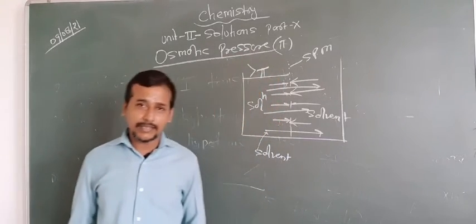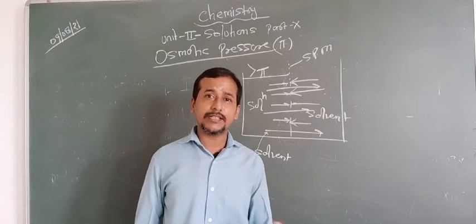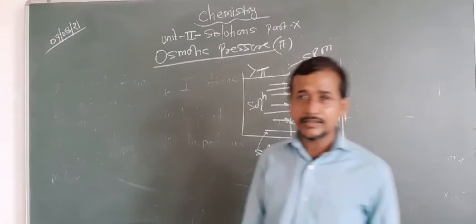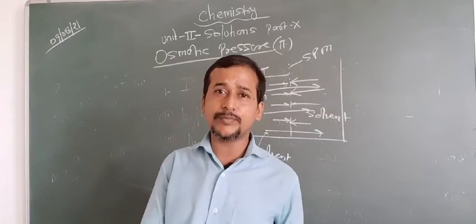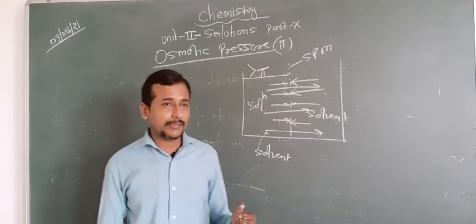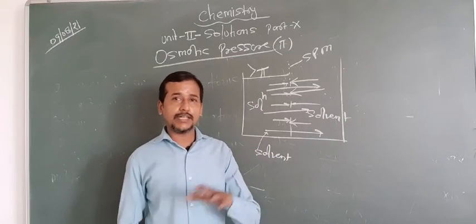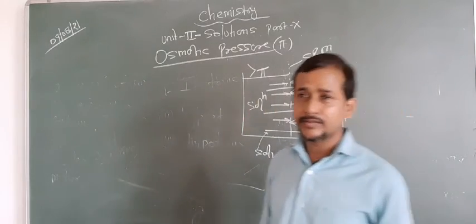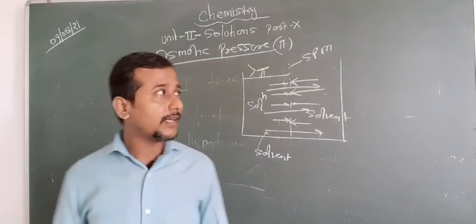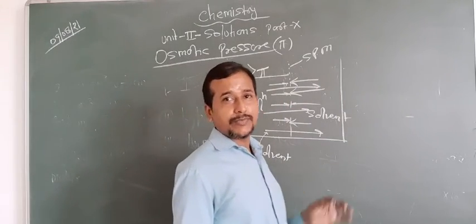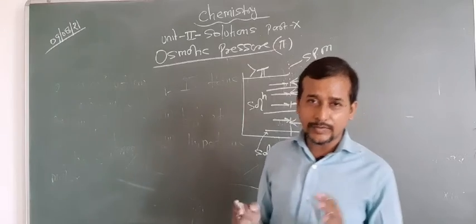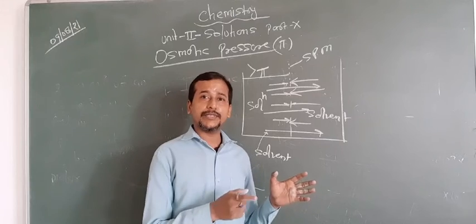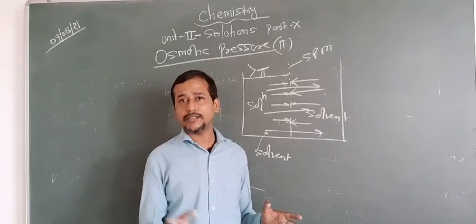One application asked in the board examination is desalination of seawater. That means we can desalinate the seawater, so the seawater is converted to pure water. This is a type of reverse osmosis. So this is all about today's lecture. One more thing you have to know is the difference between diffusion and osmosis. First of all, the basic difference is that osmosis requires an SPM, but diffusion requires no SPM.